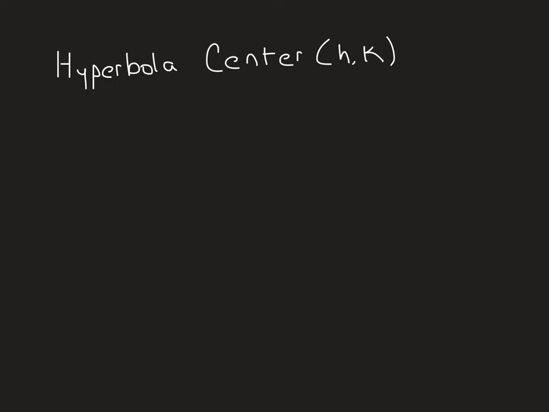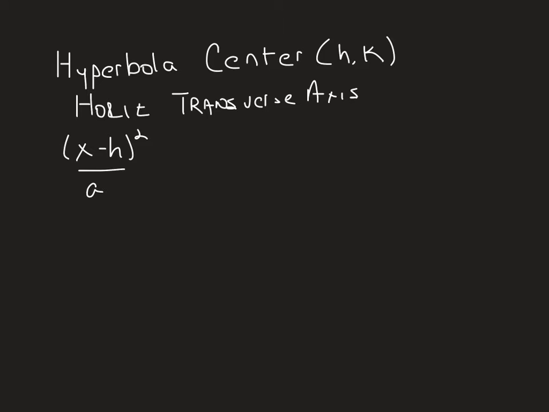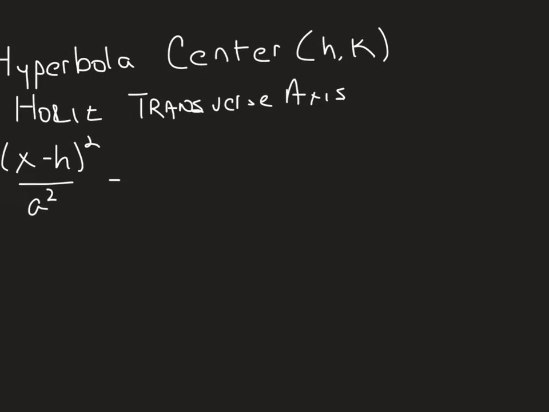Okay, today we want to look at the standard equations of hyperbolas with the center other than the origin. In other words, the center is (h, k). So first, it's very similar to what we've already done. If we have a horizontal transverse axis, the form of the equation is (x minus h) squared over a squared minus,